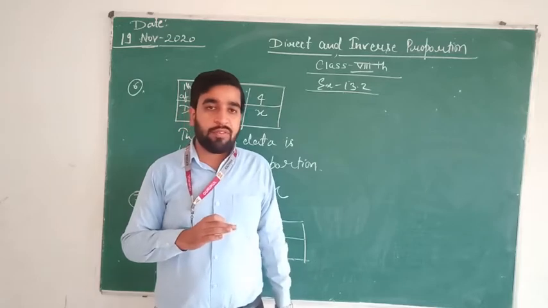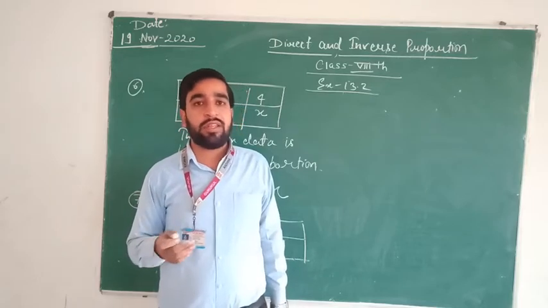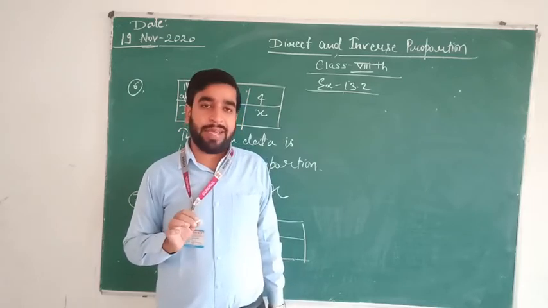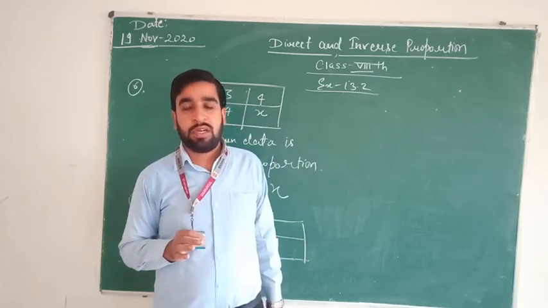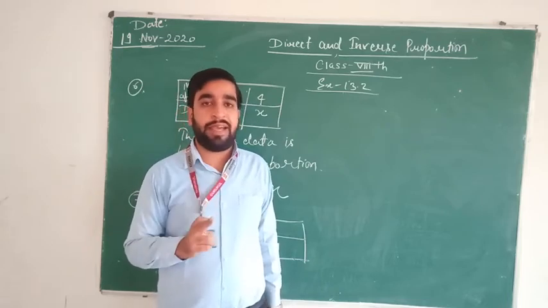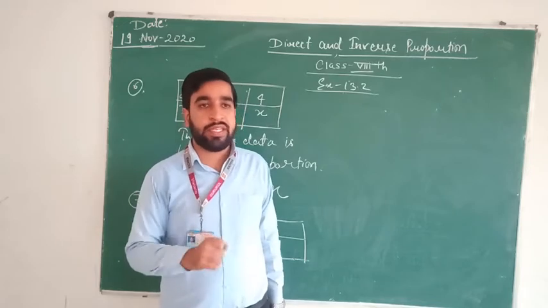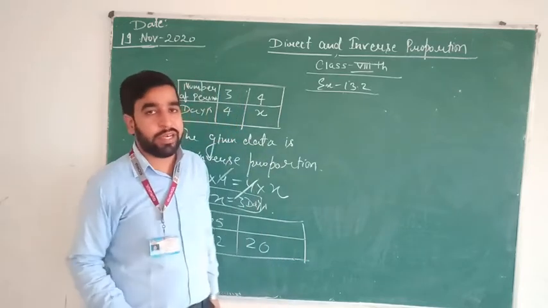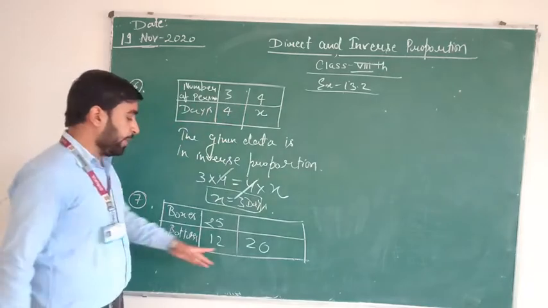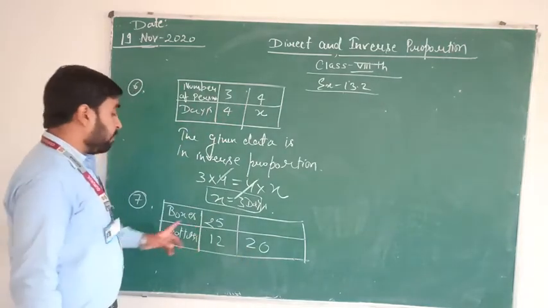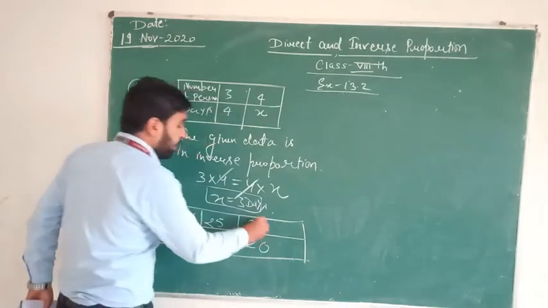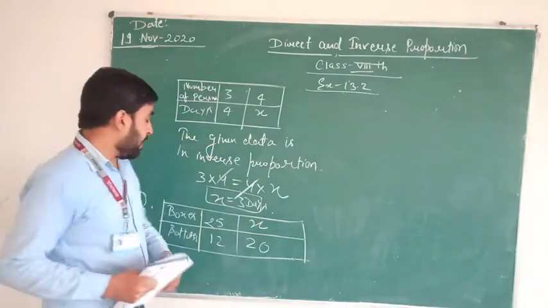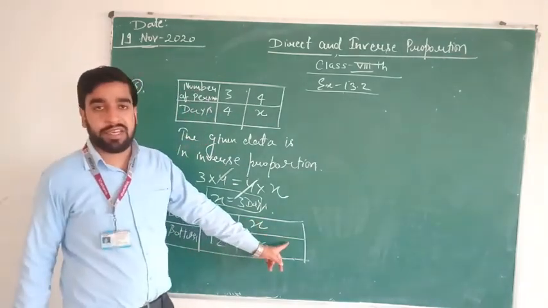Suppose you are going for traveling and you are using 4 bags. In each bag you have kept 3 seats. Now suppose you want to use 3 bags. You have kept 4 seats in each. So obviously the number of bags will reduce. In the similar way, if you will increase the number of bottles, then the number of boxes is going to decrease. So here which kind of variation is there? Inverse variation. Let the number of boxes in that case be x.